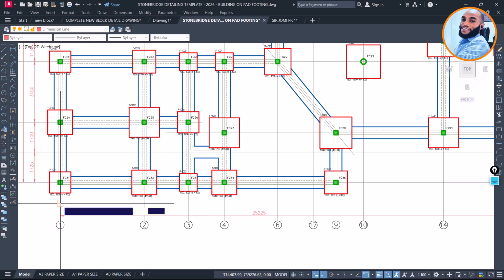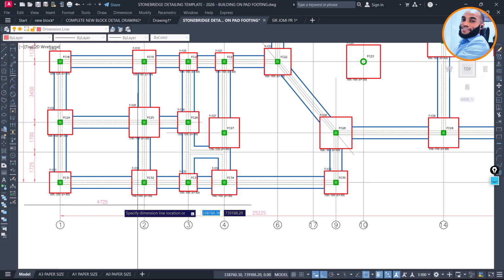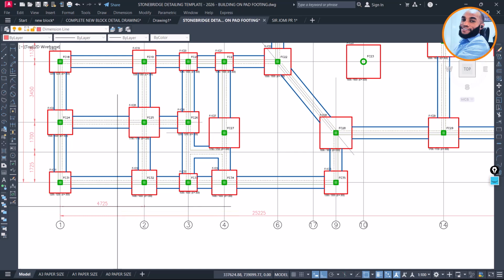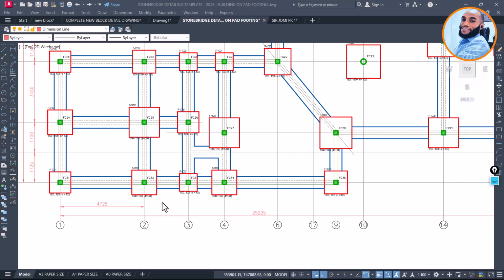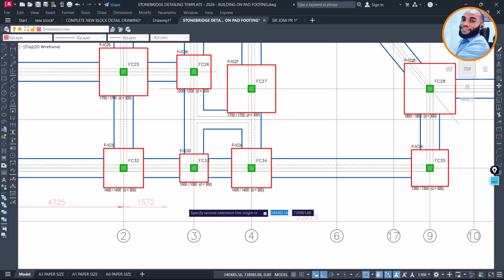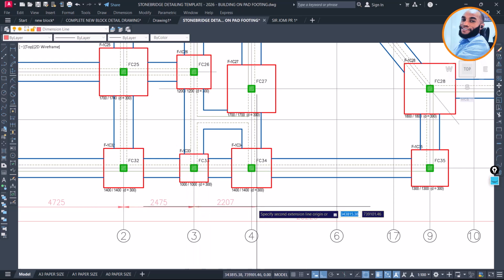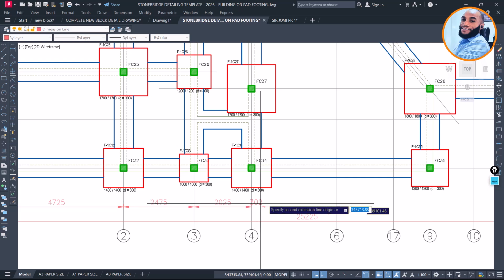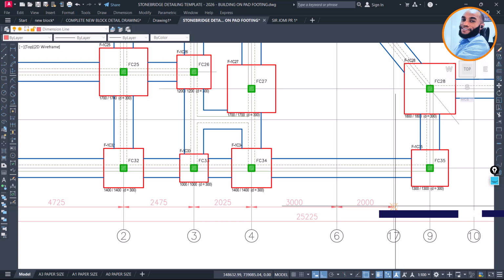And again I'll click on this now, and then click on this, and then I'll come here and click on this, and I'll type dim lane, okay, sorry, DCO for continuous dimension. Okay, that is fine. So I'll type now DCO, enter, and then I can continue dimensioning from here. Click on this, and then click on this here, and again click on this here, and this, and this,